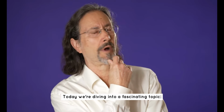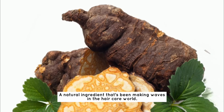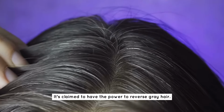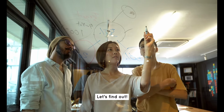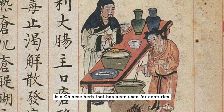Today, we're diving into a fascinating topic. Polygonum Multiflorum, a natural ingredient that's been making waves in the hair care world. It's claimed to have the power to reverse gray hair. Is it too good to be true? Let's find out. Polygonum Multiflorum, also known as fo-ti, is a Chinese herb that has been used for centuries